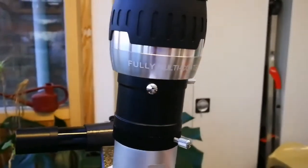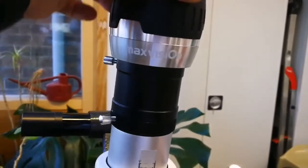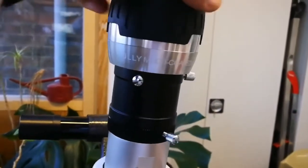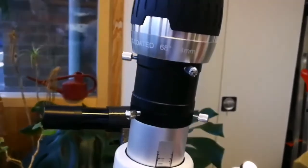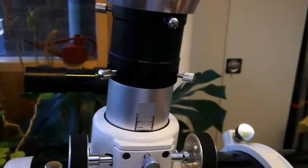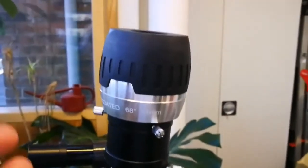This is the eyepiece, Max Vision, 68 degree, 34 millimeter wide angle, ultra wide angle, and as you can see, I've removed the